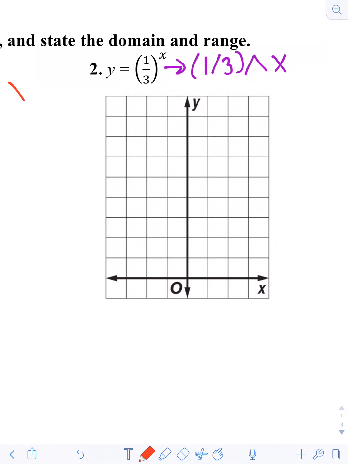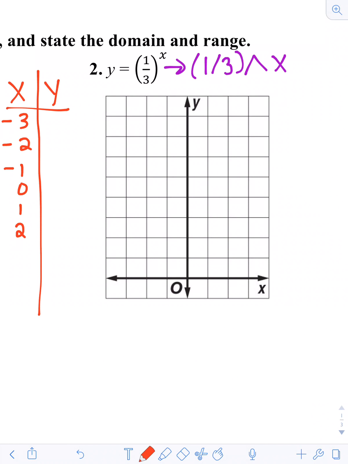Okay, so now we're going to do our xy table. This time, I'm going to go from -3 to +3, just to try that out. So -3, -2, -1, 0, 1, 2, and 3. Look at your table, second graph, and we're going to fill in what we know. -3 is 27, -2 is 9, -1 is 3, 0 is 1, then it goes 0.33333,